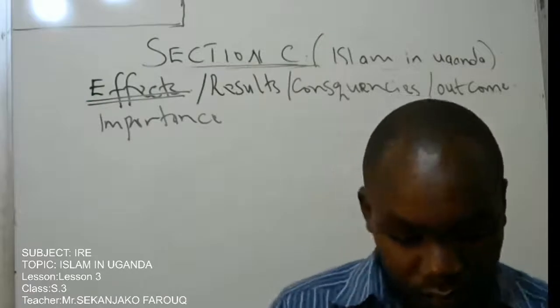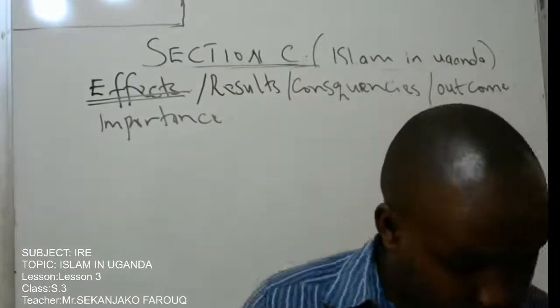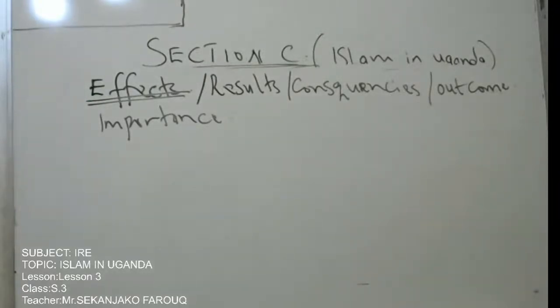Number 2A, explain the factors that led to the Muslim flight to Kijungu. And part B, what were